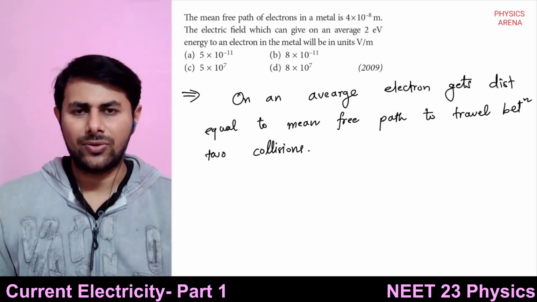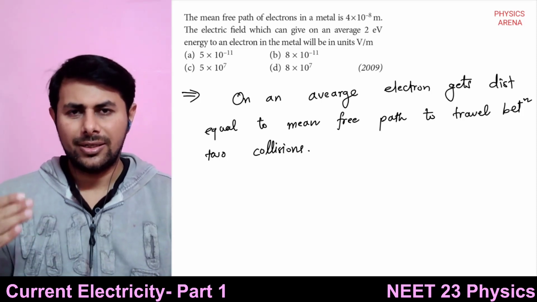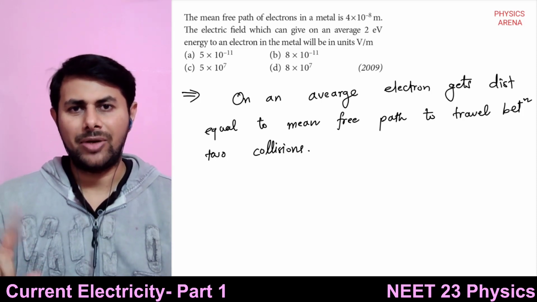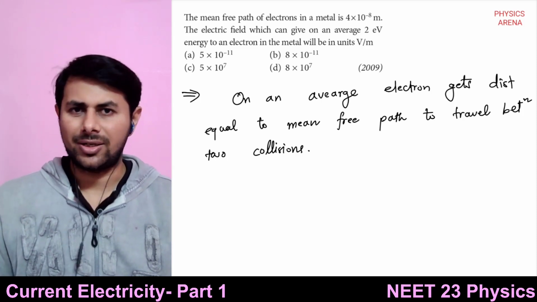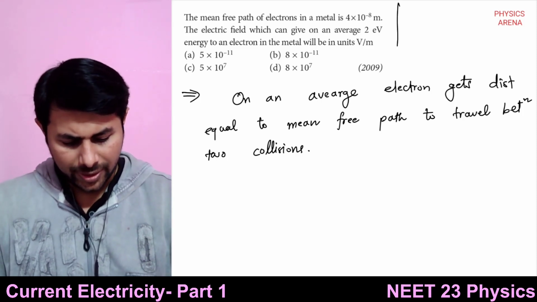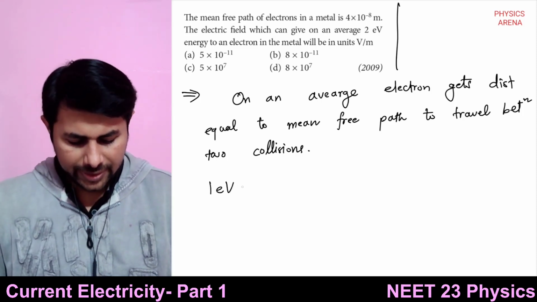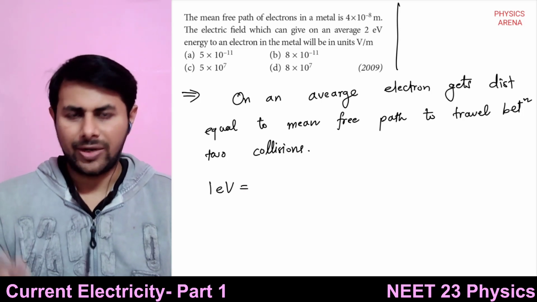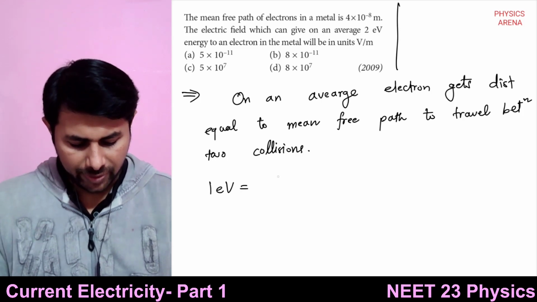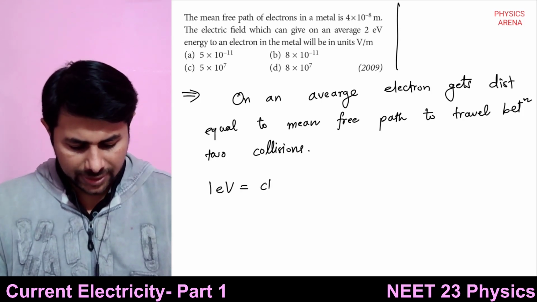And what is electron volt? It is energy gained by an electron when it is moved by 1 volt, that is 1 electron volt. So how much is 1 electron volt? 1 electron volt is energy gained by electron when it moves through 1 volt of potential difference. So it is equal to charge on electron